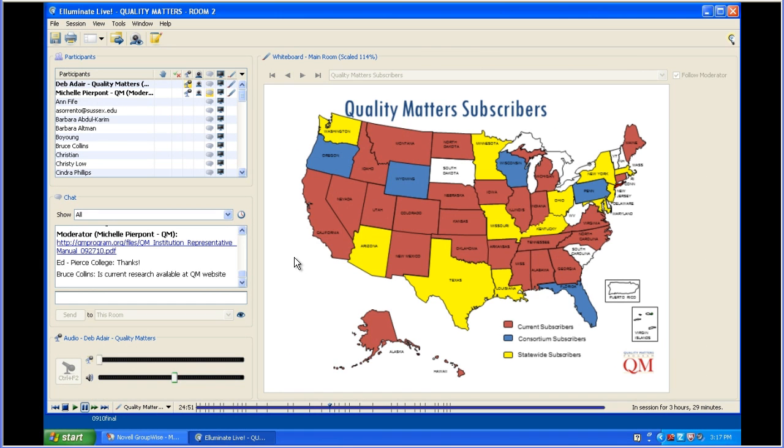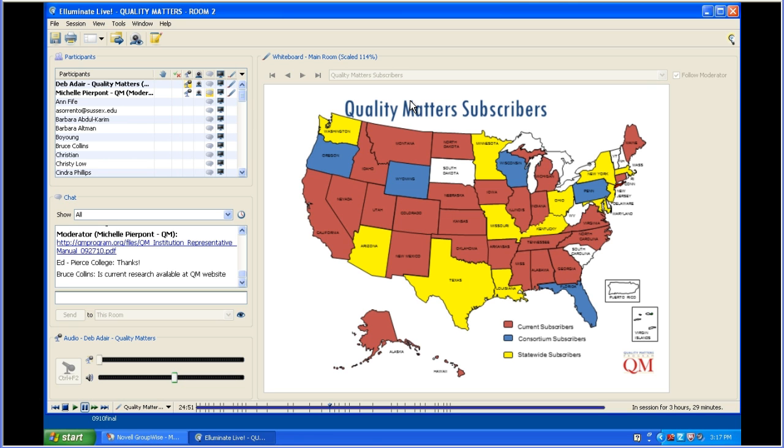This is a screenshot of a typical Elluminate session. At the top left-hand part, you can see the participant window, and the participants have various functions. They can raise their hand, they can give a check mark, the moderator can give them permission to use the microphone or a webcam, and they can also use the whiteboard. This is the whiteboard area here, and in this area we also can take students on a web tour, or, for example, if you're using a starboard in a smart classroom, you could draw on the board and do math